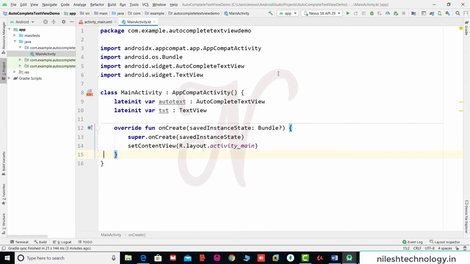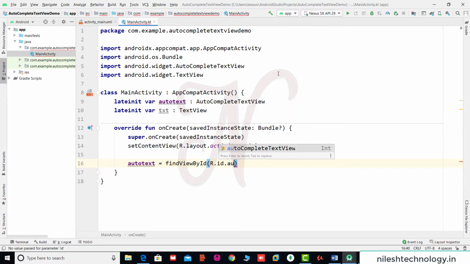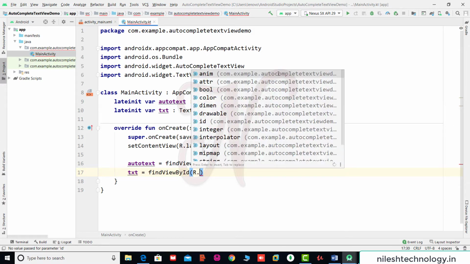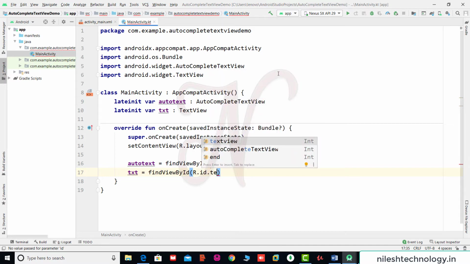So map these two views to the variables. autoText equals findViewById, R.id.autocompleteTextView. Same here, txt equals findViewById, R.id.txt, the text view.